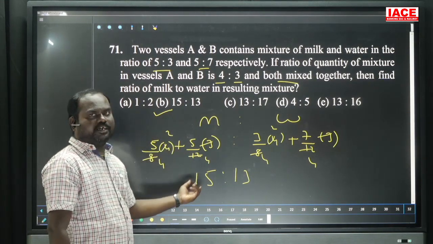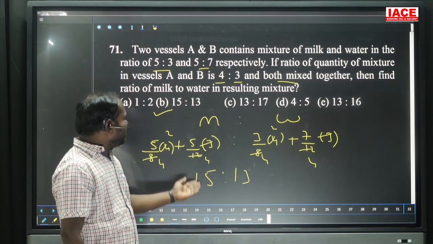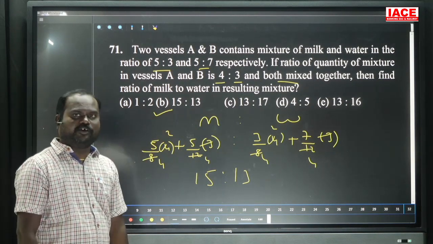By taking the first one also we will get the idea, because when you are getting 15, only one option is starting with 15. In that way also we can indicate. Next.